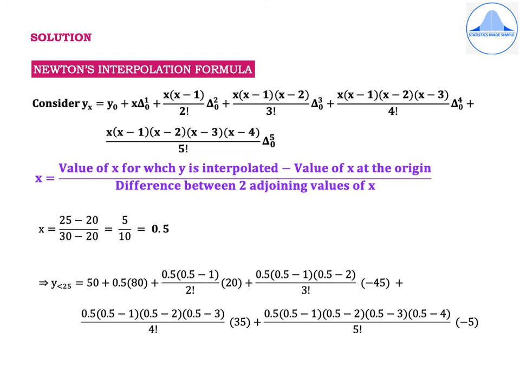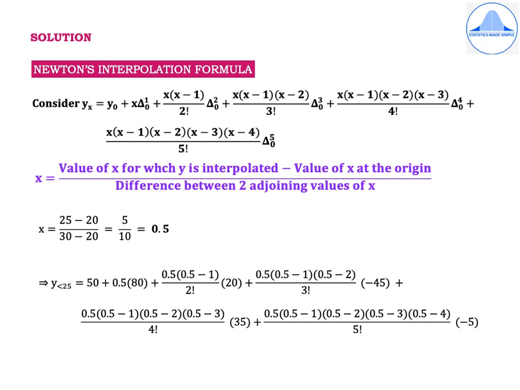Newton's interpolation formula is now: consider y_x equal to y naught plus x delta naught to the power 1 plus x into x minus 1 by 2 factorial delta naught square plus x into x minus 1 into x minus 2 divided by 3 factorial delta naught cube plus x into x minus 1 into x minus 2 into x minus 3 divided by 4 factorial into delta naught to the power 4 plus x into x minus 1 into x minus 2 into x minus 3 into x minus 4 divided by 5 factorial delta naught to the power 5. And x is value of x for which y is interpolated minus value of x at the origin divided